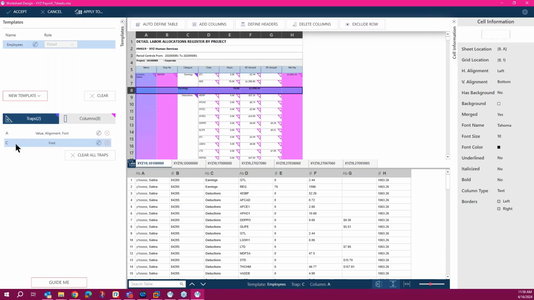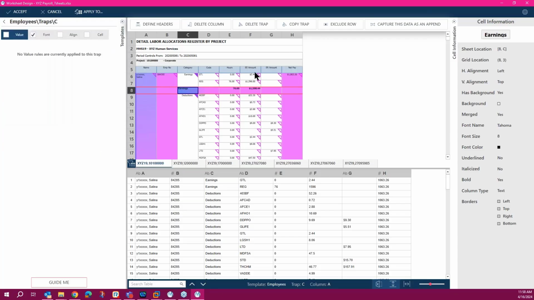So you notice that a new trap is just added to column C. If I click on this trap, you notice that there's a solid triangle showing in column C, which means a trap is applied. And most likely it is probably because these totals are bolded.